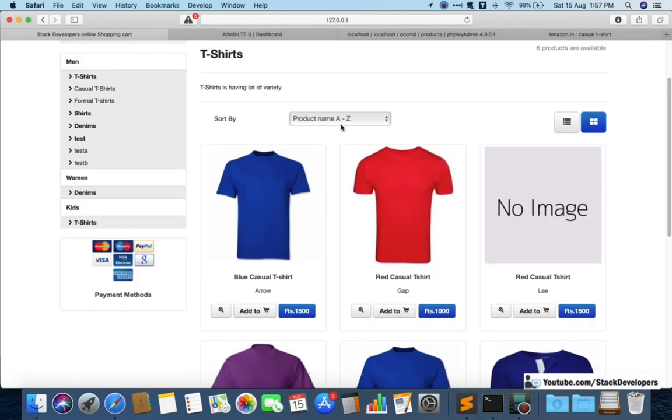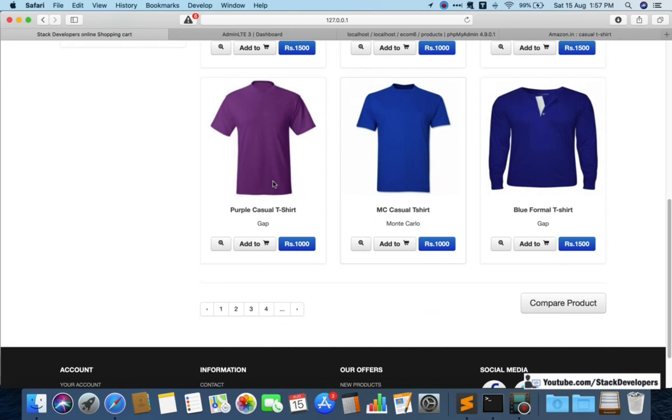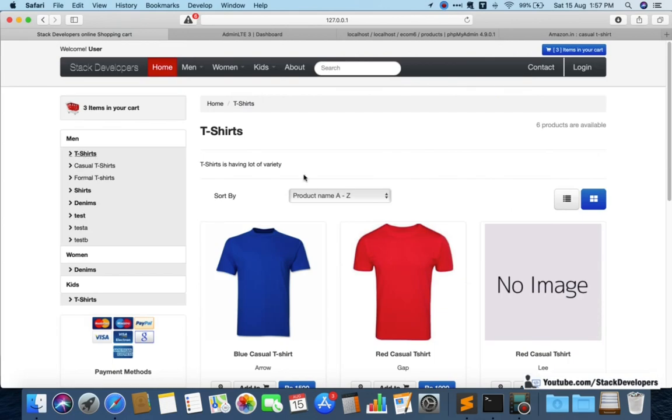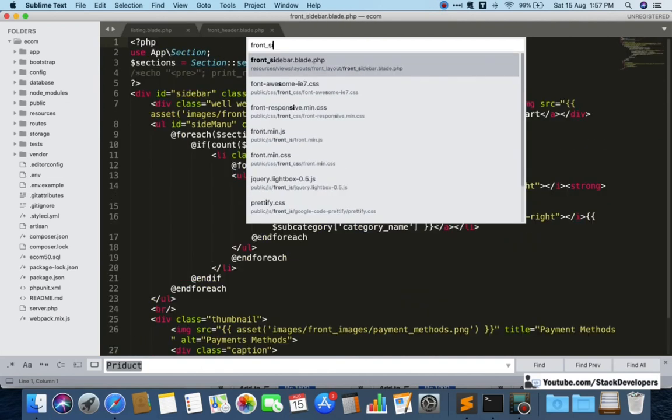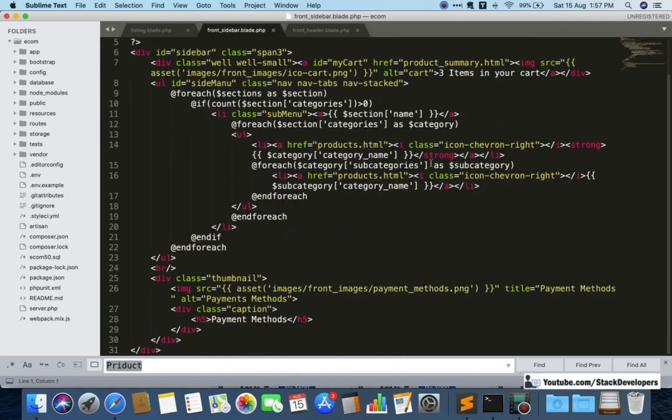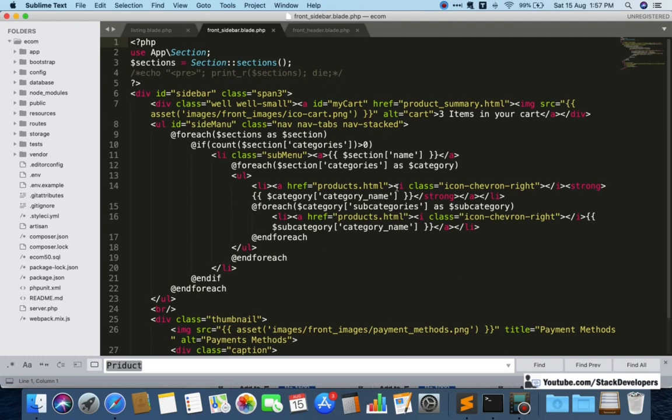Okay, fine. So now we will also give the links at the left sidebar. So open the left sidebar as well, and here we will also give the link.